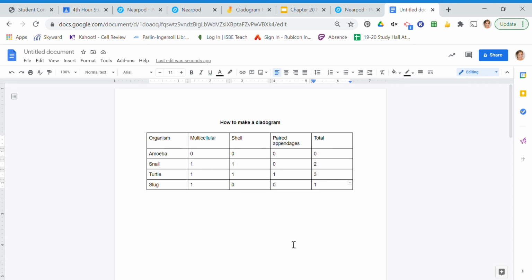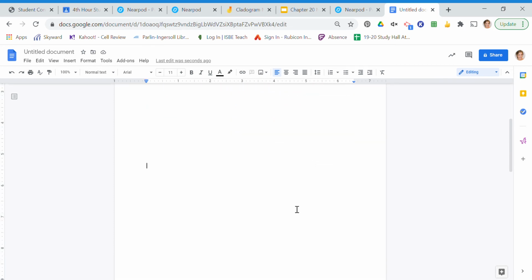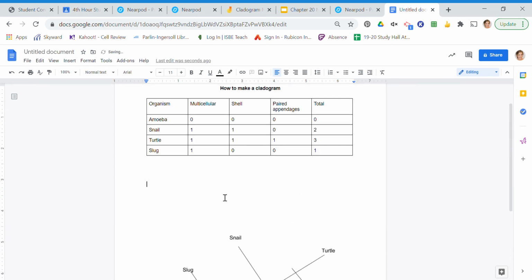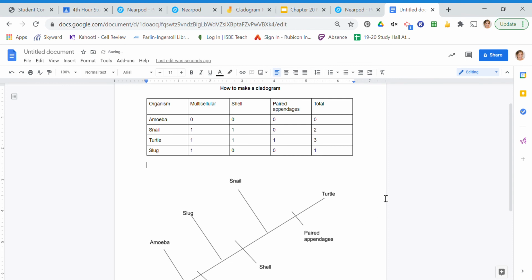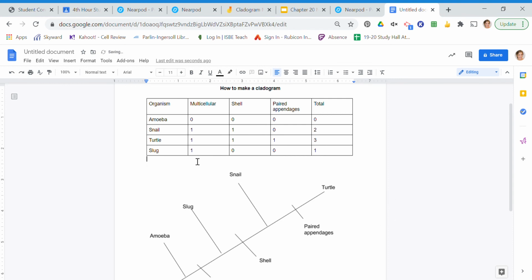Once I have these organisms on the timeline, I'm going to include the shared traits that they have, and I'm going to show you what this is going to look like here. Let's pull this picture up so we can see it with our data table as well. All right, so if we're trying to view this all in one,